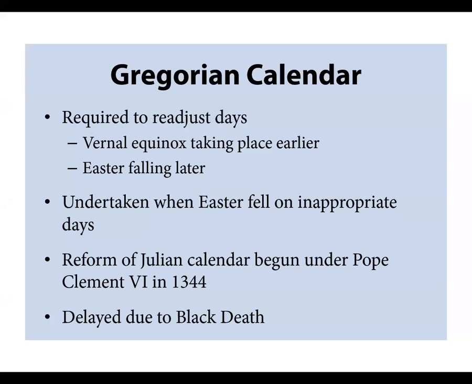Now, when Julian's calendar was adopted in 45 BC, he actually knew that there were some issues with his calendar. They had overestimated the number of days in the year. So they kind of rounded up to 365 and a quarter years. It's not quite that. And so as a result, as you go forward into the many, many centuries, the vernal